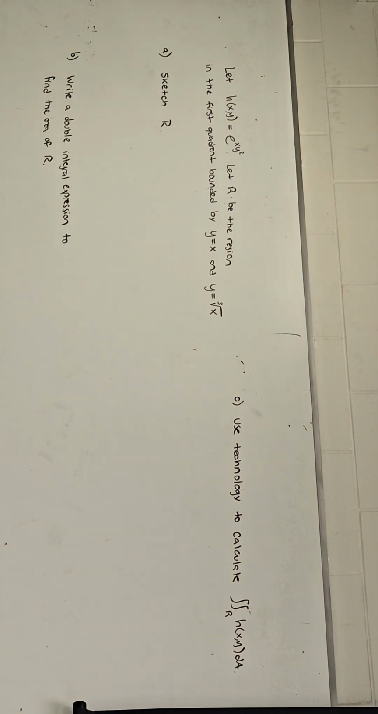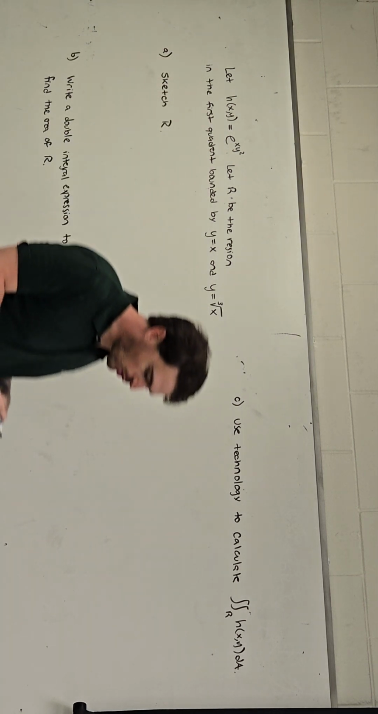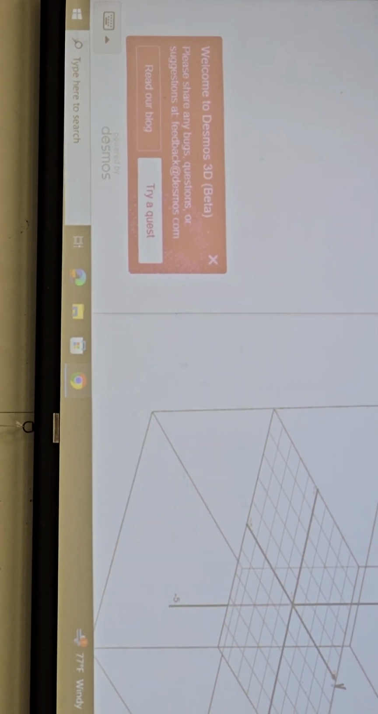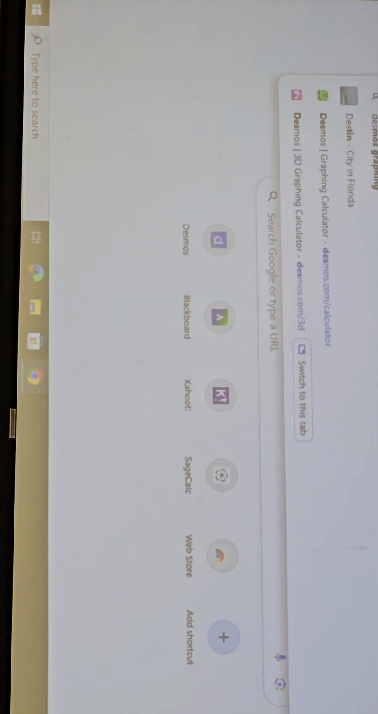So this says, let this surface equal e to the xy squared. Let R be the region in the first quadrant bounded by y equals x and y equals cube root of x. So you'll notice one of those parts where it says use technology. So we're going to say that this is a Desmos question. So maybe I don't remember